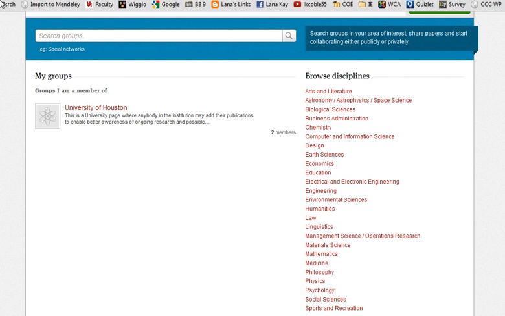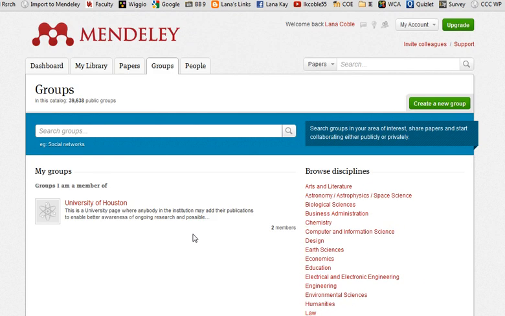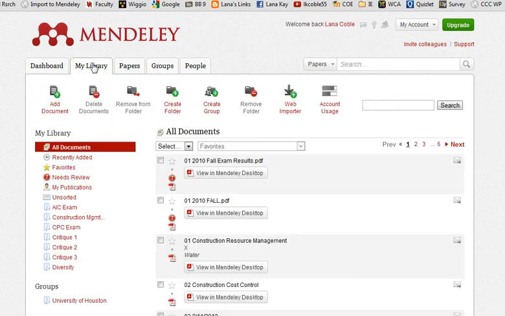The one thing I will say about this, it's got a much broader range to it than ResearchGate did. Construction management is actually included in here in the environmental sciences, or engineering, excuse me, where I couldn't find it at all in ResearchGate. So we're going to go back to my library,